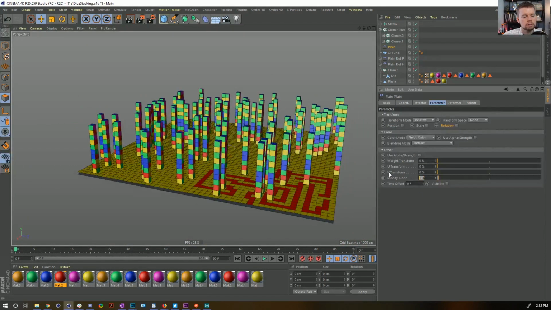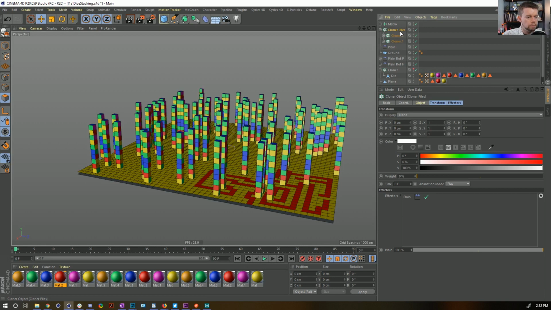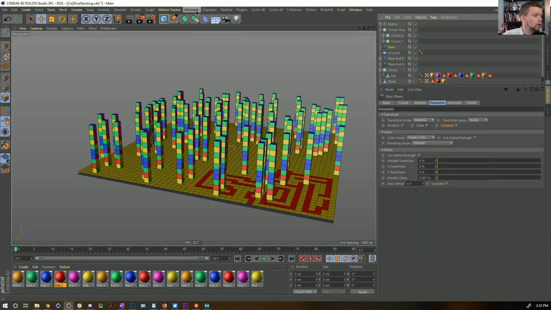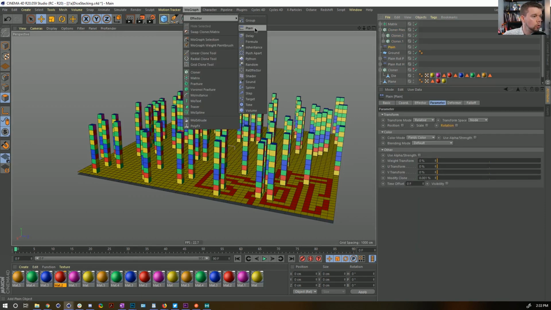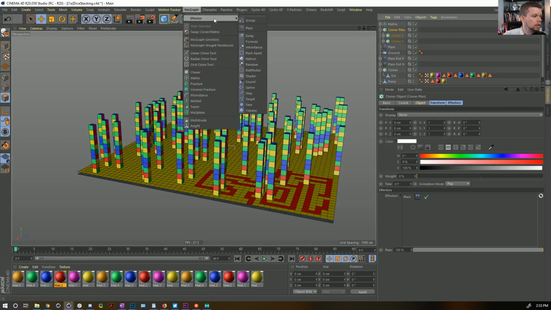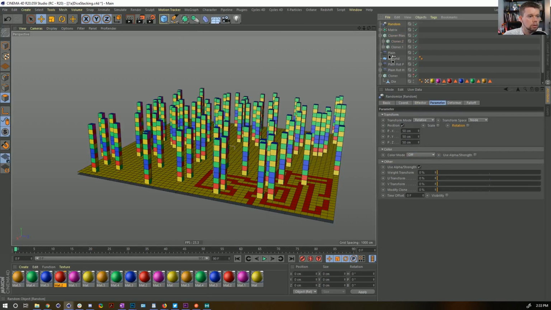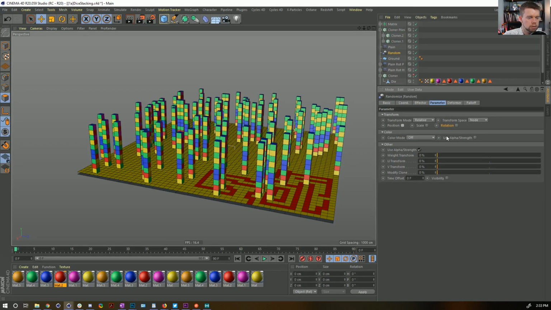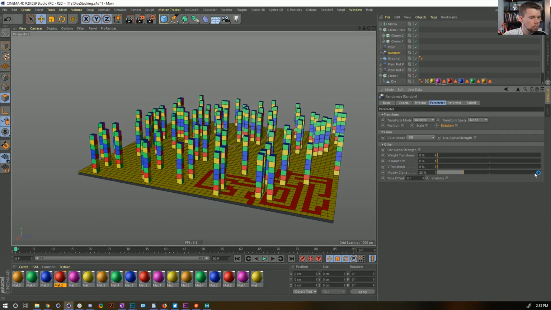I'm not sure, there might be a way of overriding that, and if anybody knows a way of overriding that, I'd be curious. But we have to apply some sort of value like 0.01, and now we said, hey, modify the clone. All of them are set to a blend mode of 0 because these are all blending between each other. Now we can add in a new, I think we can just do a random effector this time. I'm going to make sure I have the cloner piles selected. Let's add a random effector. What this random effector is going to do is not affect the position, but it is going to affect the modify clone. And the hope here is